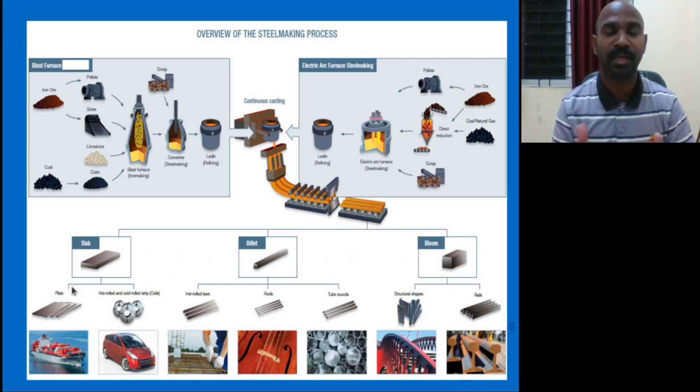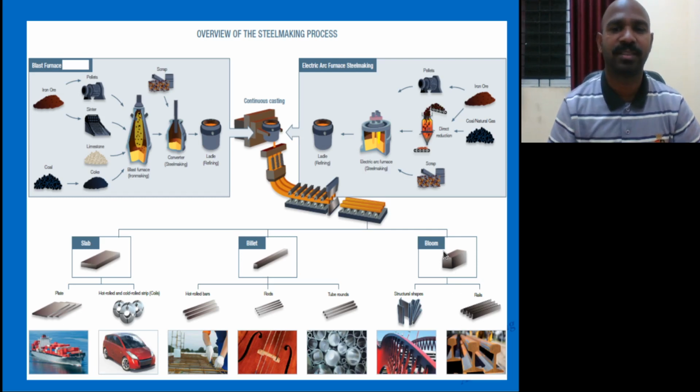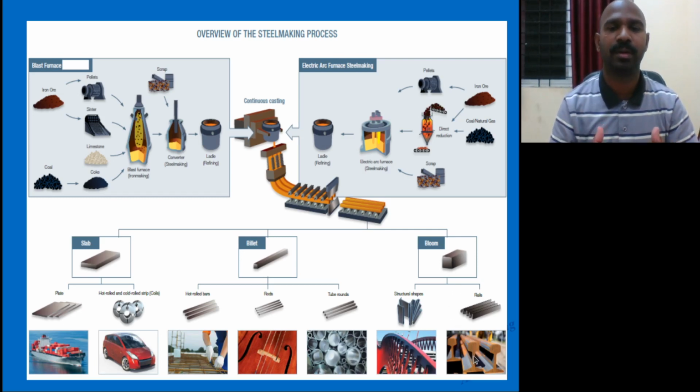These are the semi-finished products and are further converted into plate forms and rod forms, and these products are also used for various applications. Blooms find application in train tracks. Billets find use in small-length, small-diameter wire, and the slab is used for the ship hull and car outer body. The slab is a semi-finished product. This is the finished form.